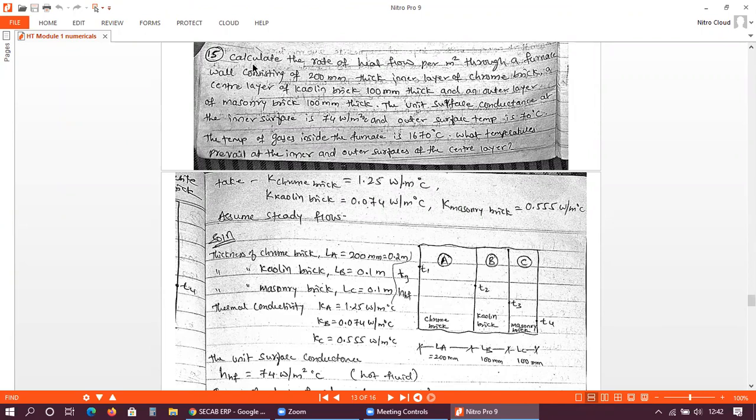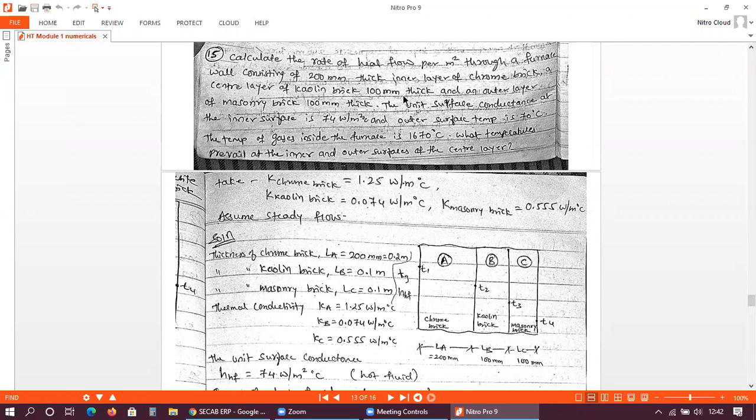Okay, so the problem statement is something like this. Calculate the rate of heat flow per meter square, that is, small q, through a furnace. The furnace wall consists of a 200 mm thick inner layer of chrome brick, a center layer of